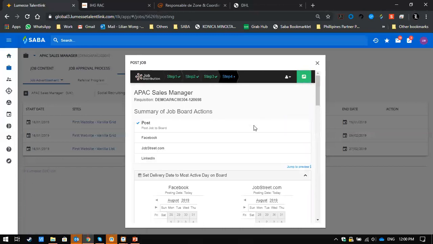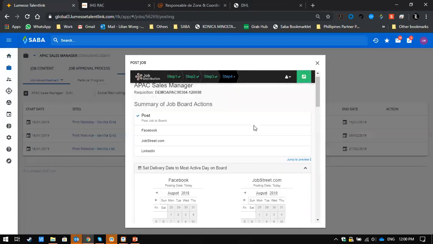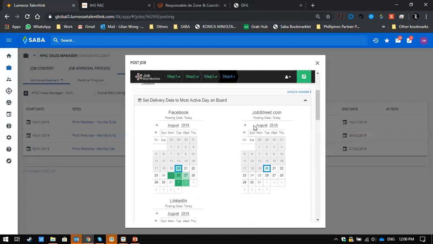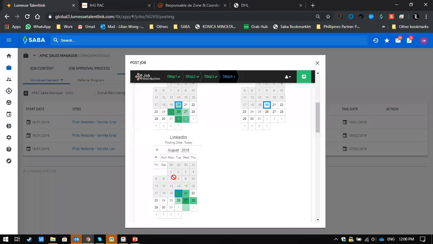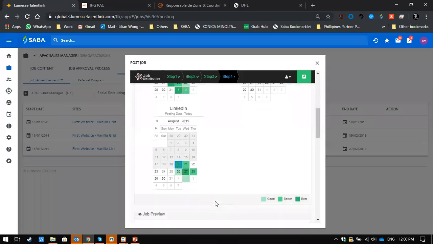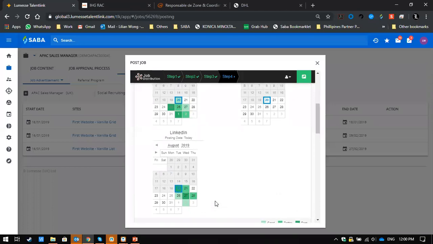Okay, so assuming I fill up all the information for the different job boards and social media, you can see I have 3 calendars here that represent, let's say, Facebook, JobStreet, LinkedIn, right? So you see there are different colors of green here. So what does it say? It's actually a recommendation